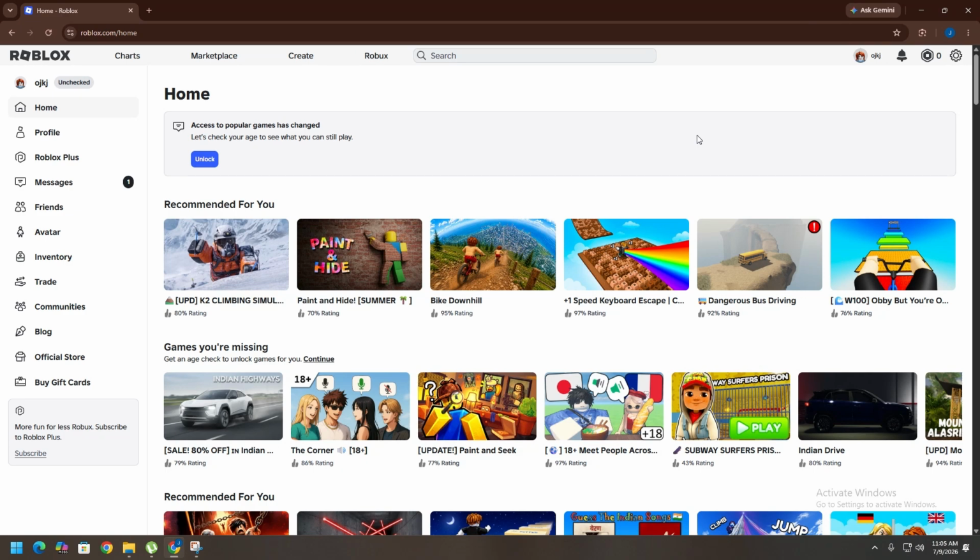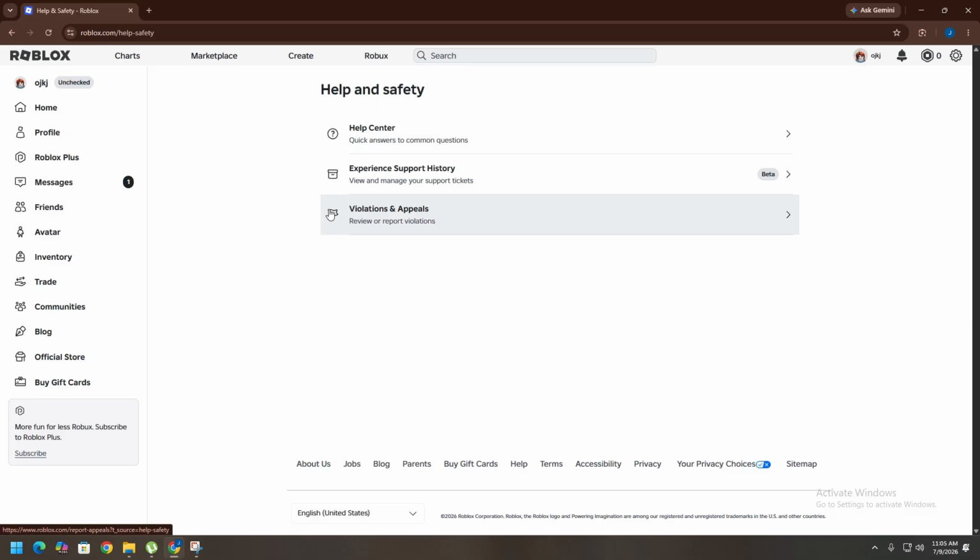You can see who reported you on Roblox. So in here, the very first thing is to get into your Roblox account just like this. Then from here, if you click on this gear-like icon on the top right corner, you'll be able to see help and safety, right? If you click on this option, now here you'll be able to see your violations